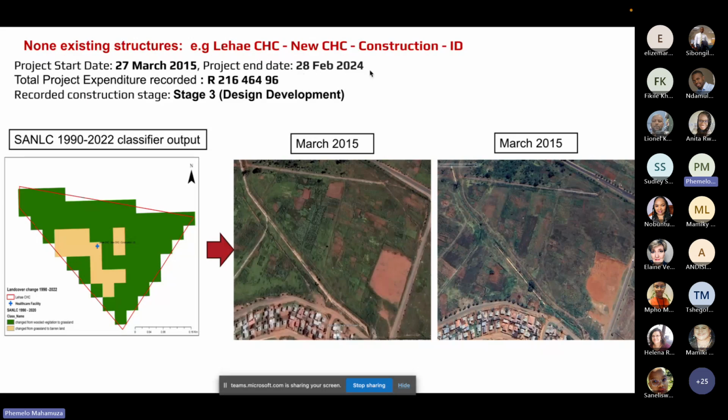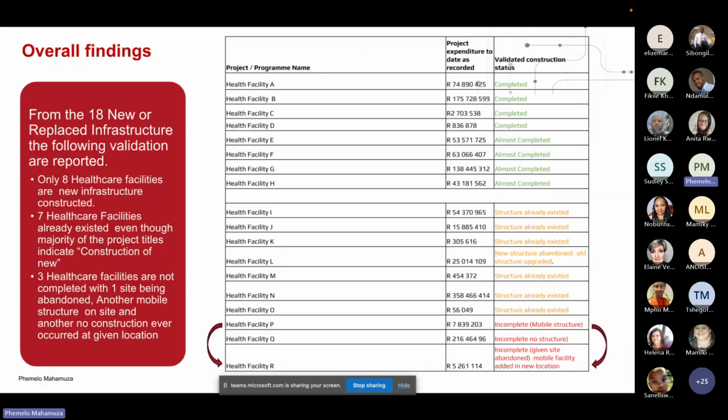We also took a deep dive on the internet looking for the community healthcare centers, and unfortunately, we were not able to pick up on that healthcare facility, though it's still something that we need to validate. And even if you were to go to the site and follow the exact coordinates given, this is what you would currently find there. So the overall findings, looking at those 18 healthcare facilities that are reported to have been constructed: